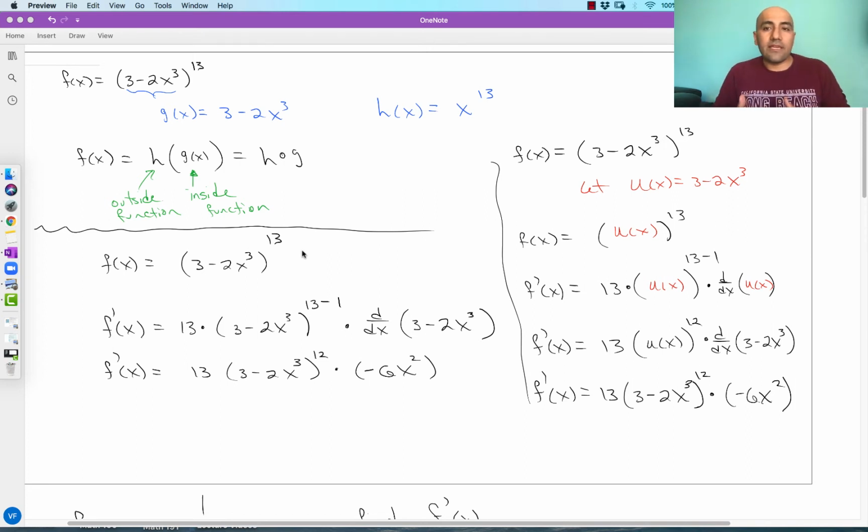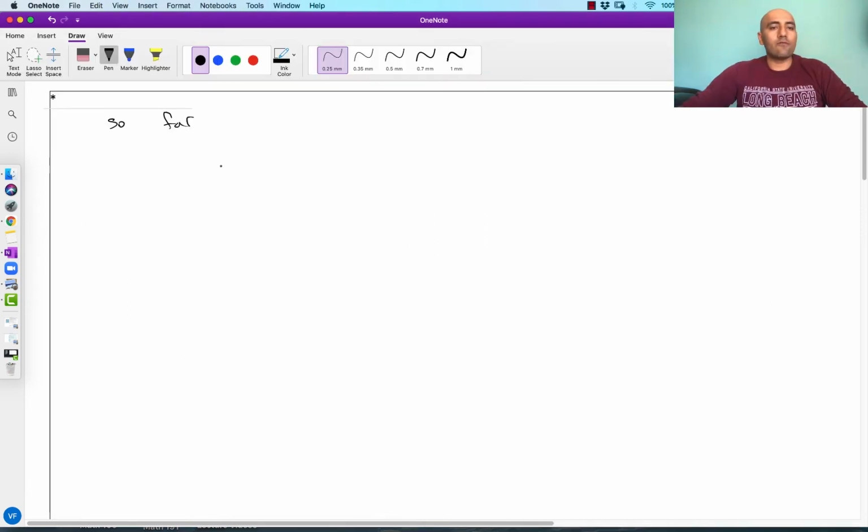Right, so the common theme so far in everything we've done is that we were able to express our original function as some function in x, differentiable, raised to a particular power, every single time. So far, every single example we've done has been something of the form u of x raised to a power of n